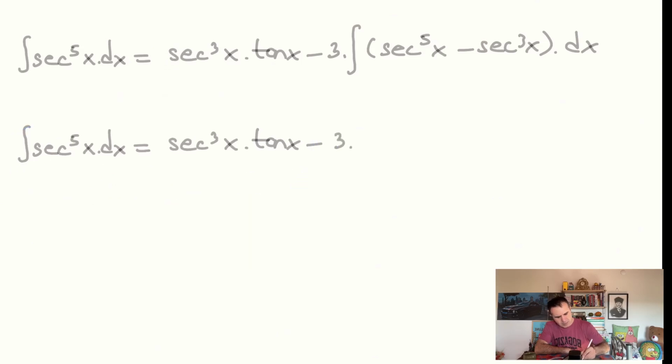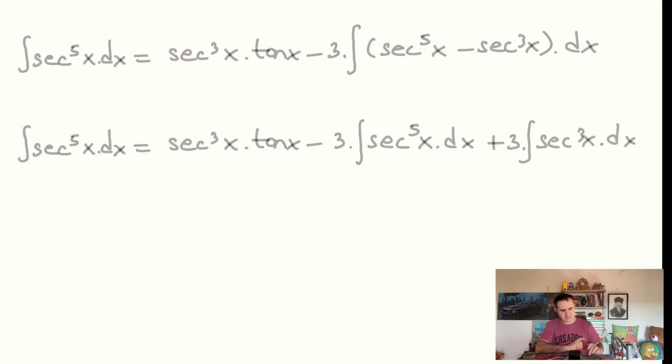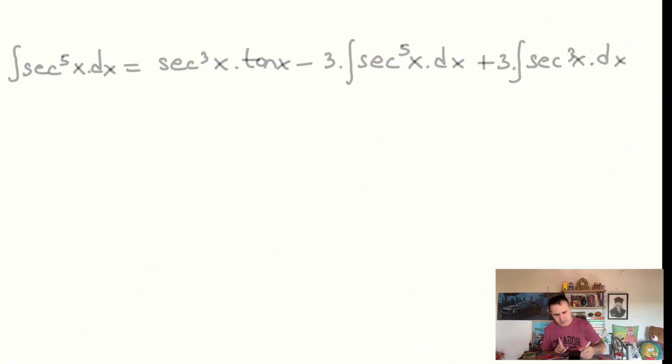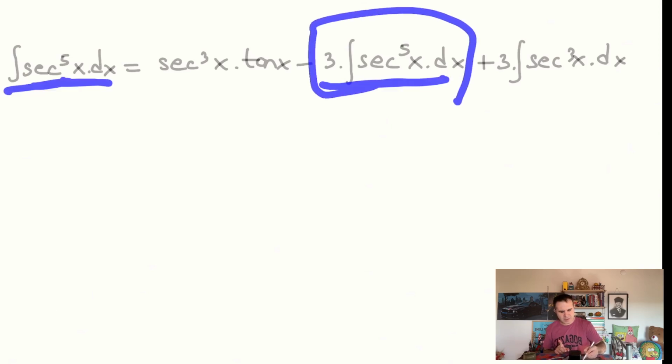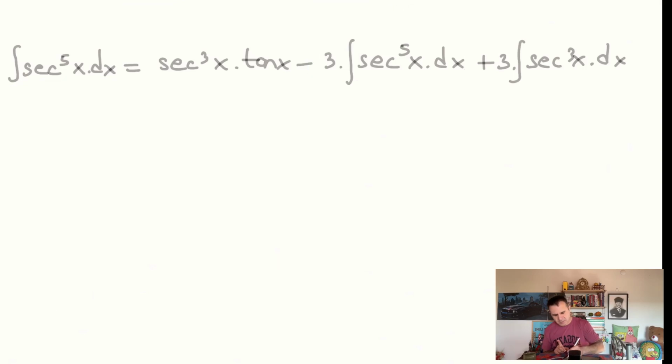This is 3 times the integral of secant to the power of 5x dx, minus, multiplied by minus, secant cube x is plus 3 times the integral of secant cube x dx. Now, as you see, we have secant to the power of 5x here, and secant to the power of 5x dx here. We take this one to the left side, then the integral becomes 4 times the integral